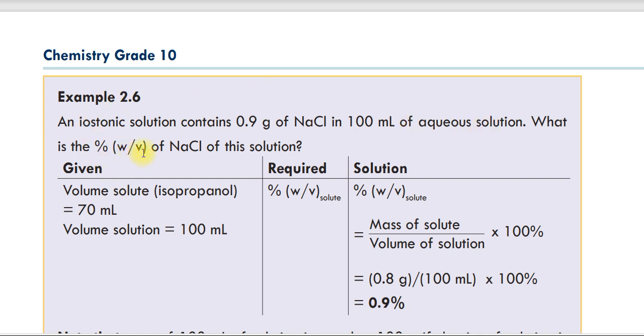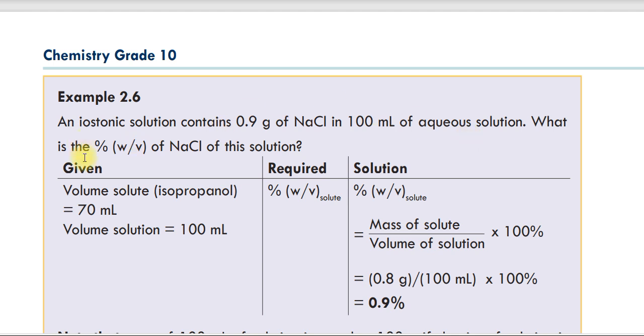What is the weight volume of sodium chloride of this solution? አሁን ቮሊዩም አይደለም ዌትም አይደለም የተጠየቀው ዌት ቮሊዩም ፐርሰንት ነው ወይም ፐርሰንት ባይ ዌት ቮሊዩም ኦፍ ሶዲየም ክሎራይድ። ከዛ በተጨማሪ ሁለት አይነት ነገር ነው የተሰጠን። እዚህ ጋር በግራም 0.9 ግራም፣ እዚህ ጋር ደግሞ ቮሊዩም 100 ሚሊ ሊትር of aqueous solution የተሰጠው። ስለዚህ we have two types of measurement, that means mass and volume, እና የተጠየቀውም weight volume percent ነው።